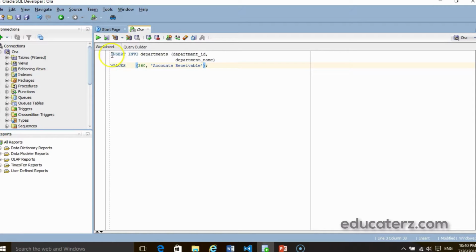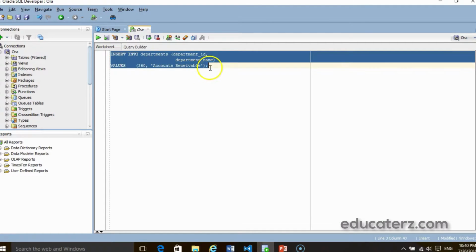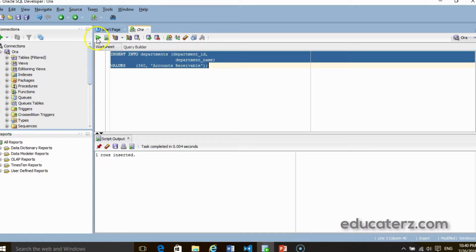I will execute this statement and demonstrate that we insert only two values into the departments table, for the columns department ID and department name. Click on this. You will see a message that it is successfully executed and one row inserted. This message indicates that the statement executed successfully and one row is inserted with the values 363 and accounts receivable.